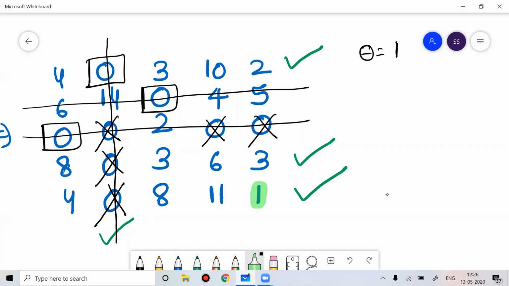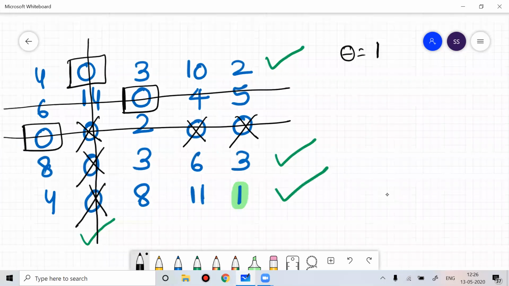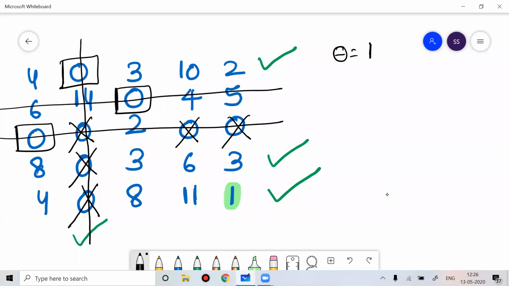So what is your smallest element? So your smallest element is 1. So your theta is 1. Now based on that, create the matrix such that those elements over which no line passed away, subtract theta from those elements. Now those over which one line crossed, do not touch those elements, and those where two lines passed away,